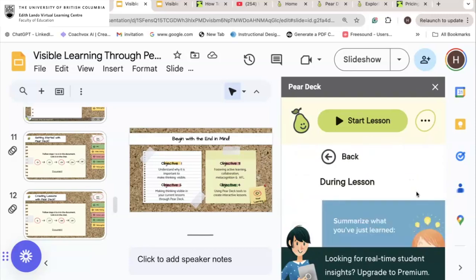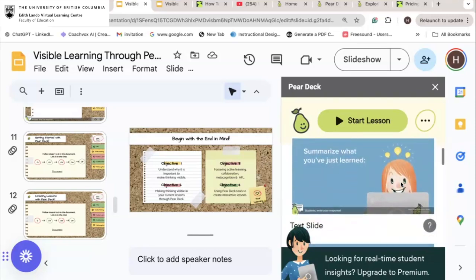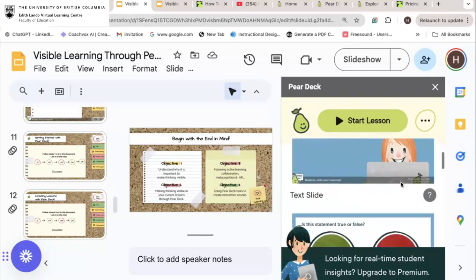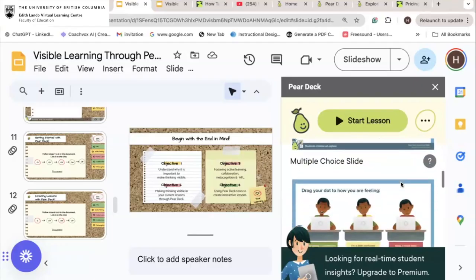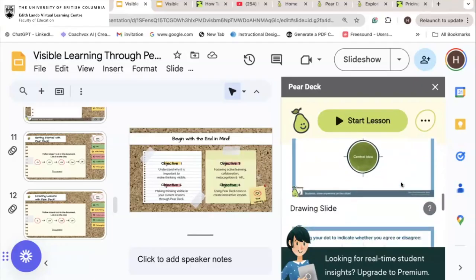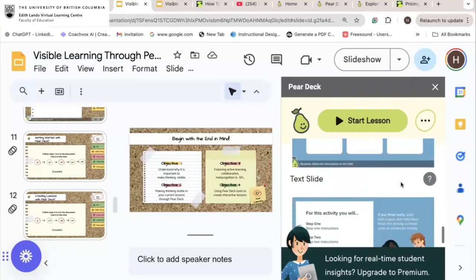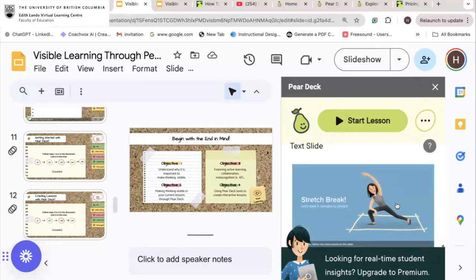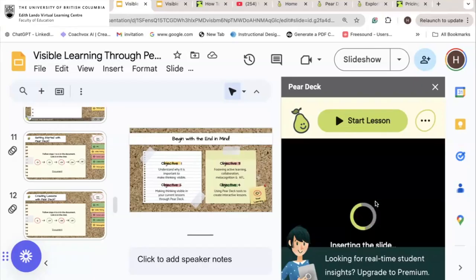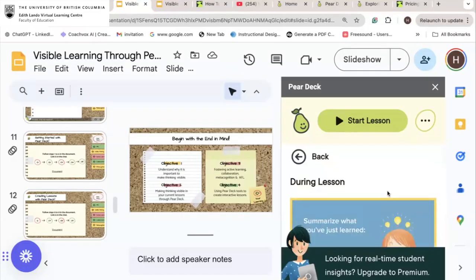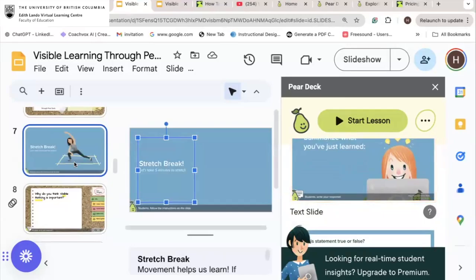So we are during a lesson, and during a lesson, I can, for example, add this: summarize what you've just learned. Is this statement true or false? Or I can let you have a stretch break. So I can include this right now, and this will be added to my Pear Deck here.